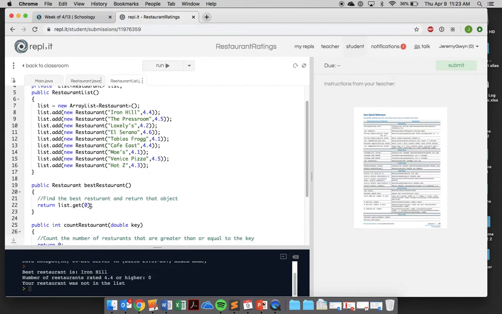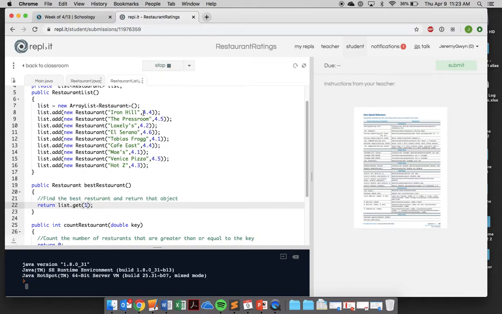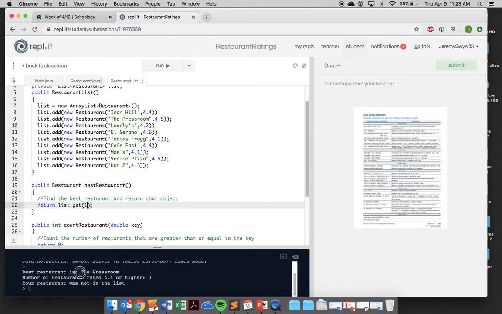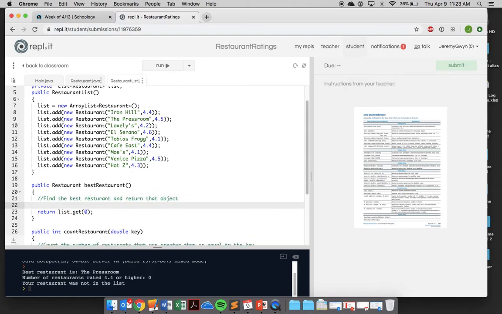the first restaurant. If I just change this to a 1, and run this, I should get out the Press Room. And you can see the Press Room comes out. Okay, so what you need to do is write code in here to get the best restaurant, the highest rated restaurant, I should say. So just to get you started here, I would say